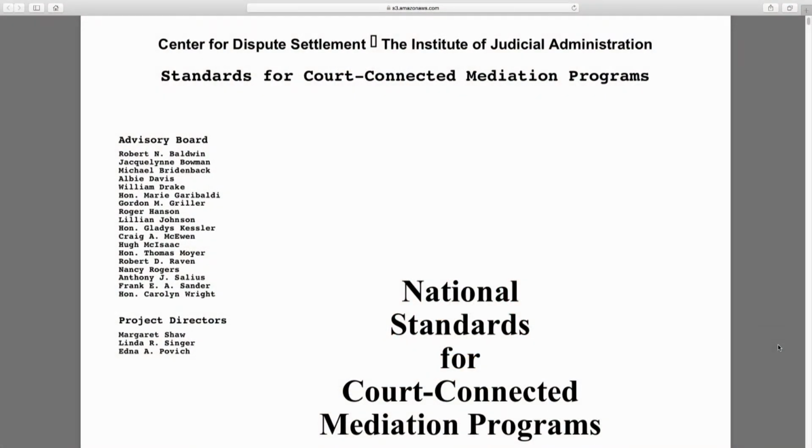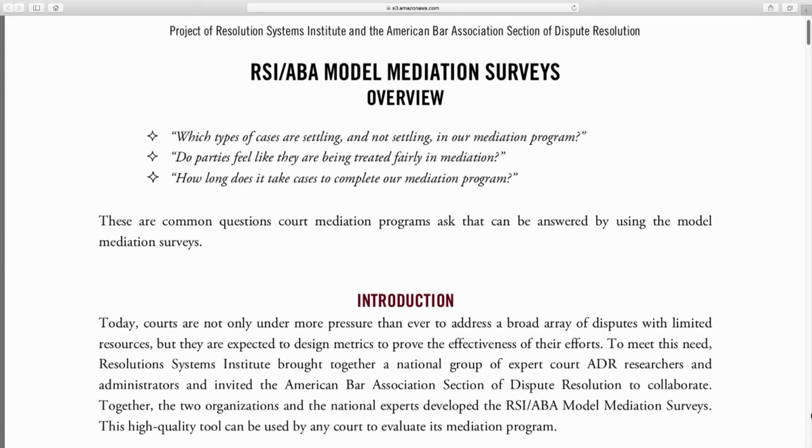There are two tools that I want to point out to you. So one place to go is the National Standards for Court-Connected Mediation Programs. These were written in the 90s and are still remarkably good today. So that's more about your program overall. And then the other